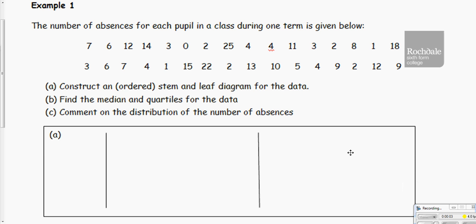Representing data, example 1. In this example, we're asked to look at the number of absences for each pupil in a class given one term and draw a stem and leaf diagram to represent the data. If you have a look, there's lots of numbers that are single digits, lots of numbers in the tens, and quite a few numbers in the 20s. Because there are so many numbers, what you can actually do in a situation like this is split into 2